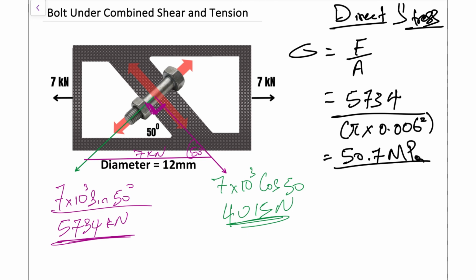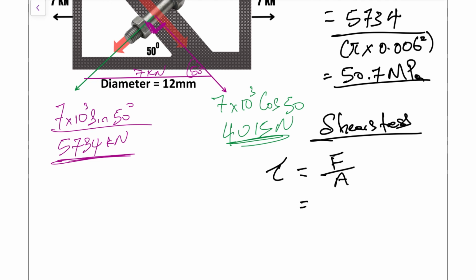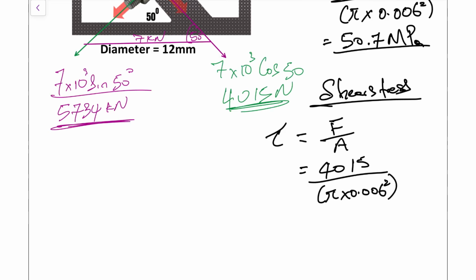And then now we will need to find our shear stress. So for our shear stress, that's the same formula. Stress for shear stress is our force divided by area once again, but the force that we will use is that 4015, and same formula for area. So that's just pi times 0.006 squared, and that gives us